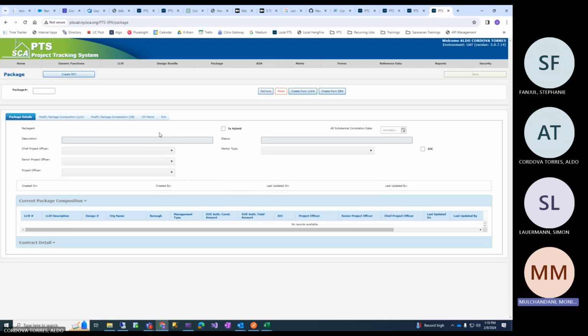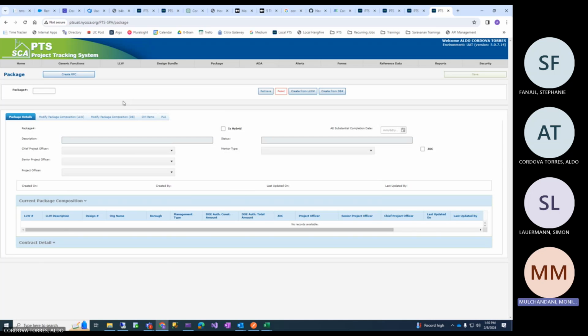Down below, it will show you the LLWs within the design bundle. So if you created using design bundle 5, which had 4 LLWs, down below in the grid, the 4 LLWs will show. The package number would be a D number. DOED authorized amount, DOED authorized total, construction, everything comes from the LLW level. The DOED authorized values that are there, they're shown over here.